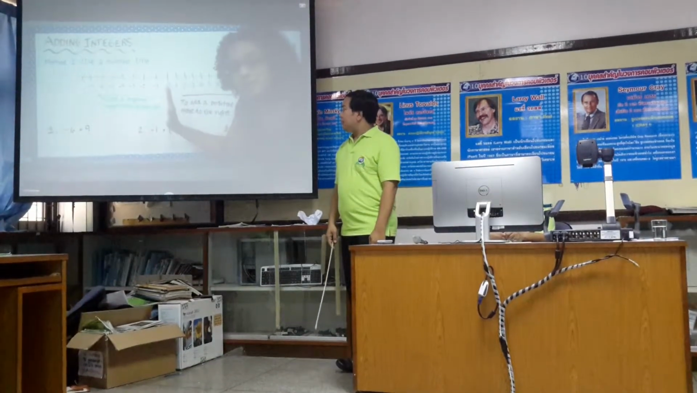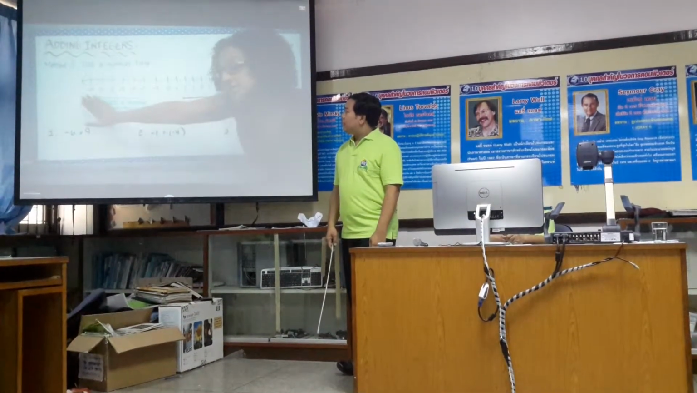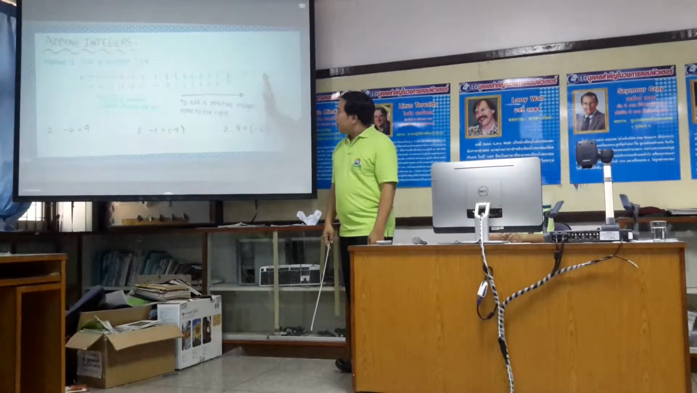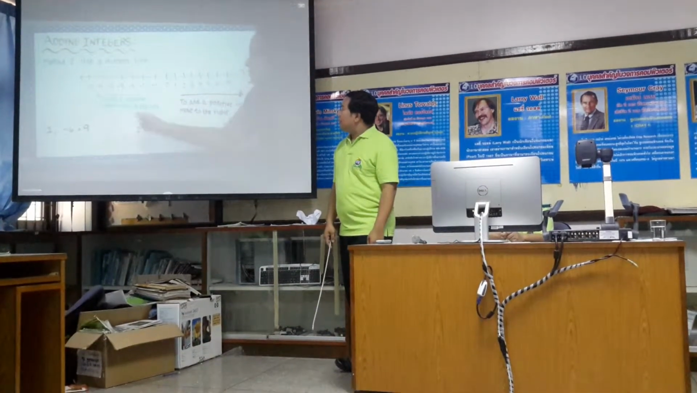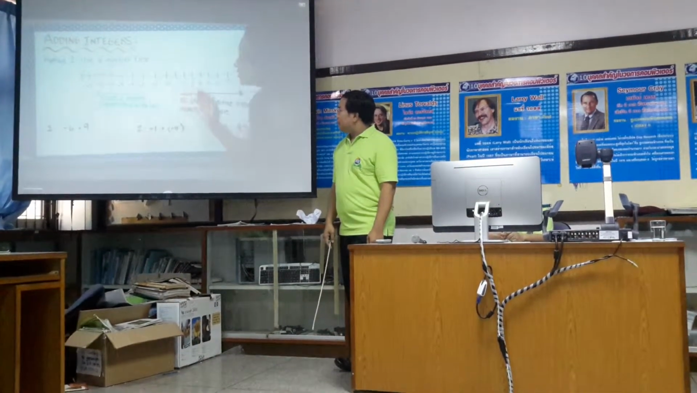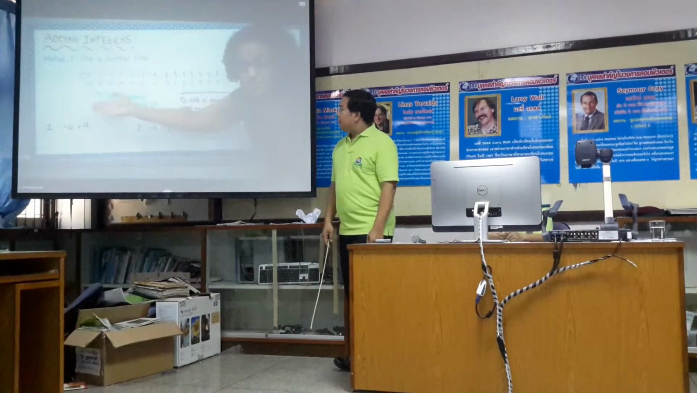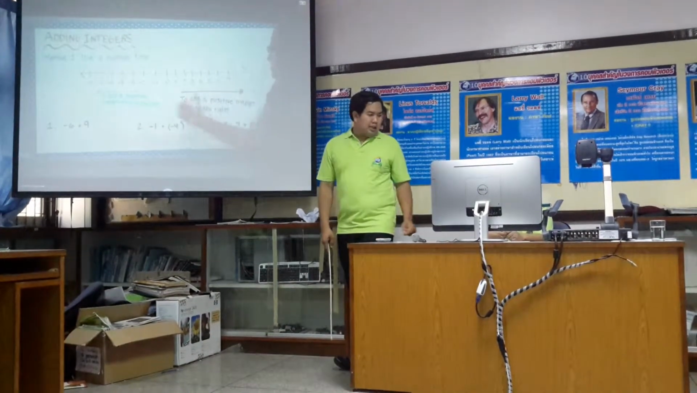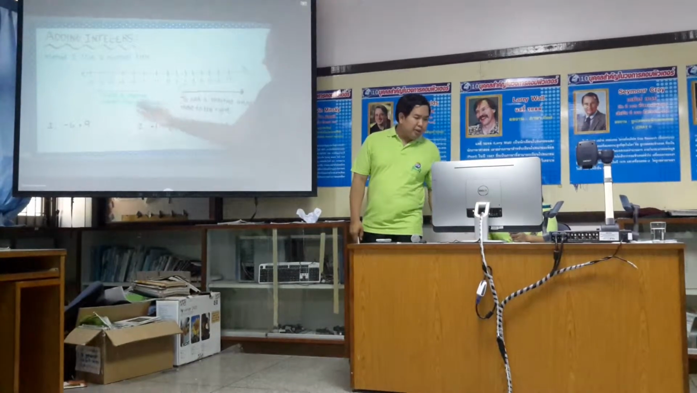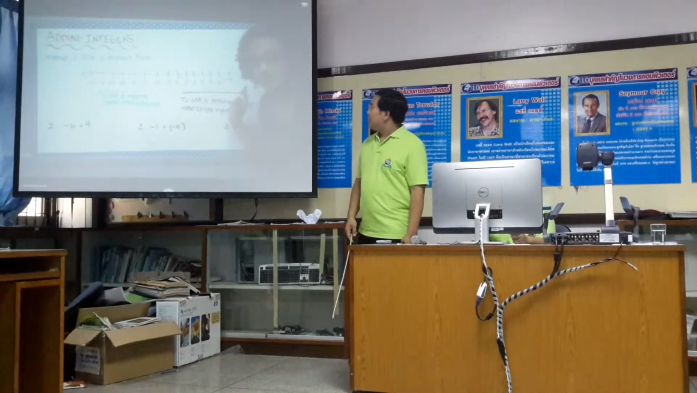When you think about the number line, we've got the negatives to the left and the positives to the right. The easy thing to remember is if you're adding a negative integer, you go to the left. That's where the negative integers are. If you're adding a positive integer, you move to the right. Easy to remember because the positive integers go to the right. โอเคนะครับ